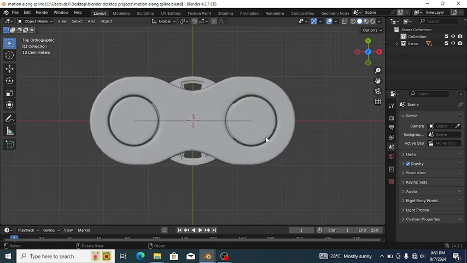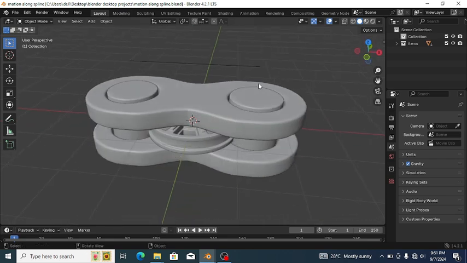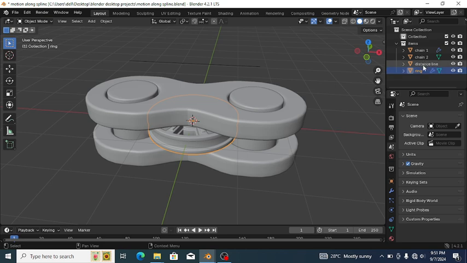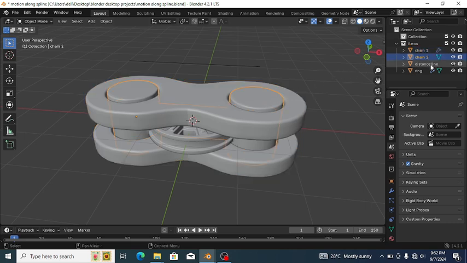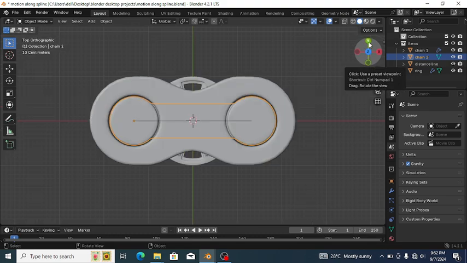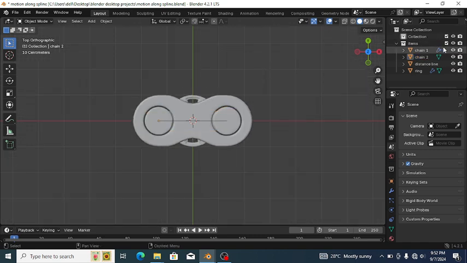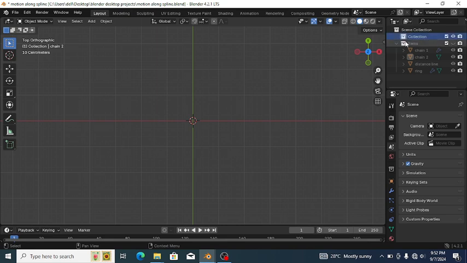So I'll have these items here, which I will share in a blend file, where we've got the rings, the distance line, and two chains, this one here and the one in the middle that will be connecting. After that you'll be able to follow along, and I will share this blend file with you. Hopefully you'll be able to follow along. By starting, I'll just hide them for now. I'll click the collection, and